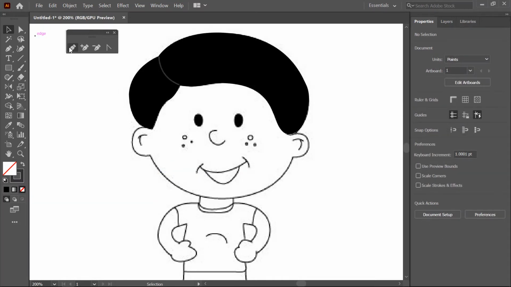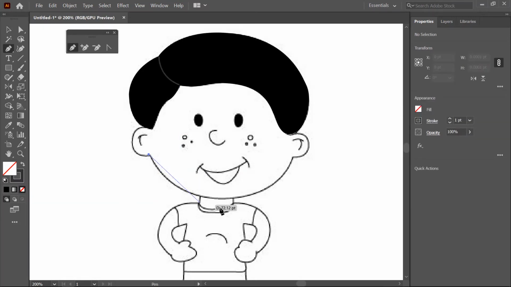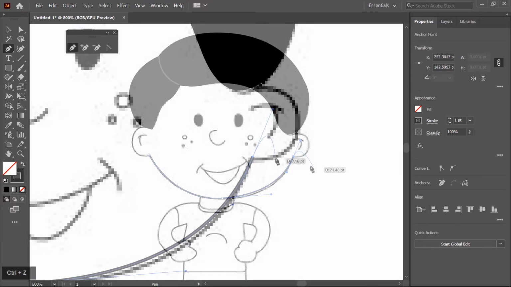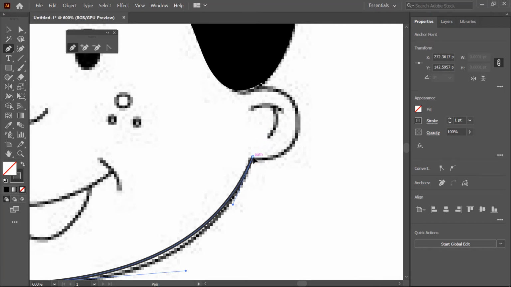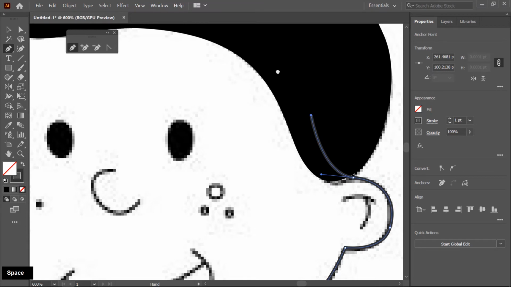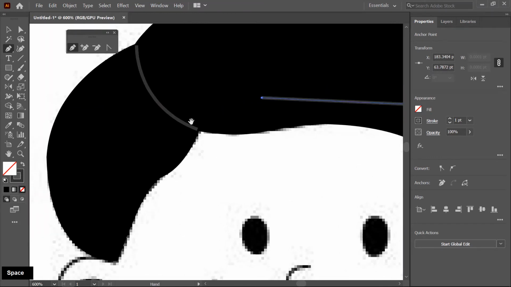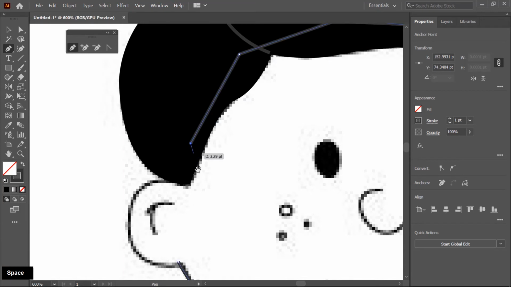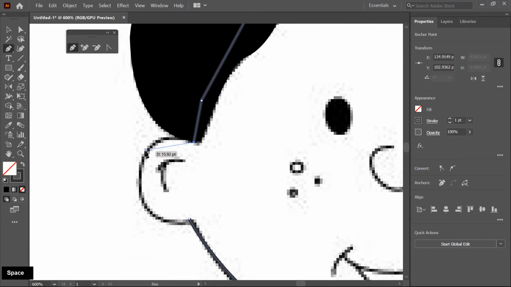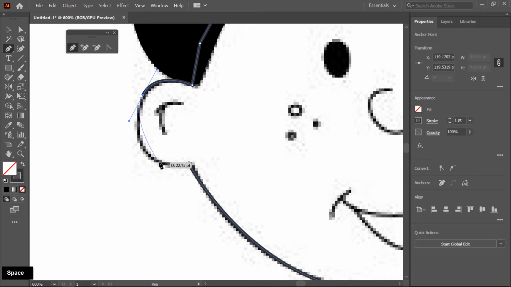Now I draw the face, so I click again on the pen tool and start from here, then click and drag. Now I need a sharp point, so I click on the last point. A sharp turn is created here. Now I create a rough shape because here hides the face. And when you reach the start point, a circle shows on the point. By pressing the Alt key, you can modify this curve.